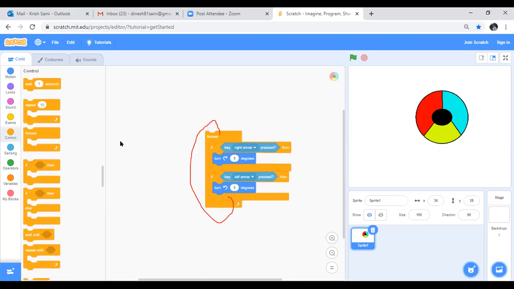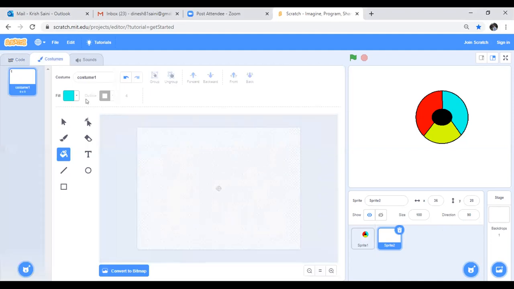Now let's create one more sprite. Go to paint and create a small red color circle. That will be the dots for us, right?